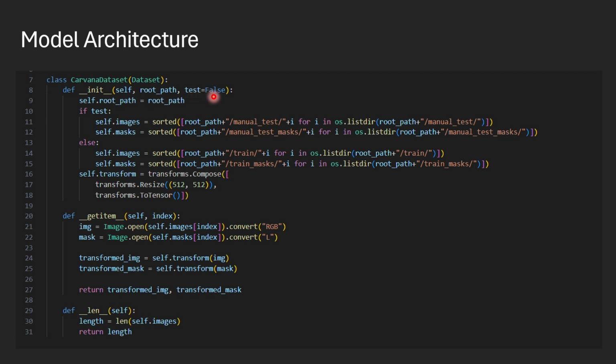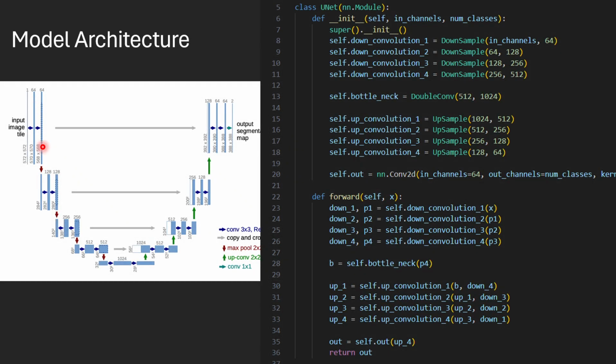As long as test is equal to false, it will go into the else part, and if it is true, then it will go into the if part, and the only difference is just the path. So instead of each of these variables, I'm simply writing the code as per the training and testing path. And my transformations are basically just resizing. Since my very first layer of the architecture takes